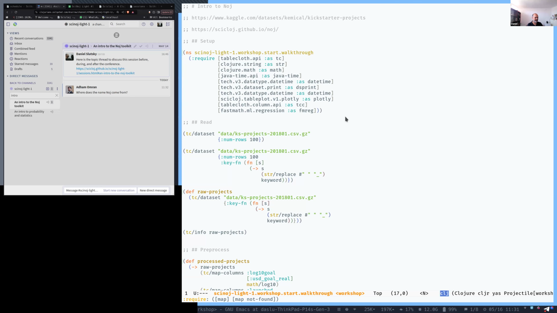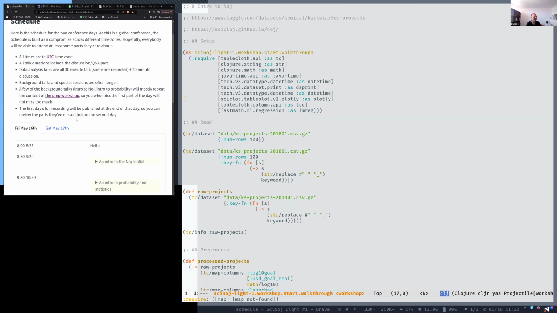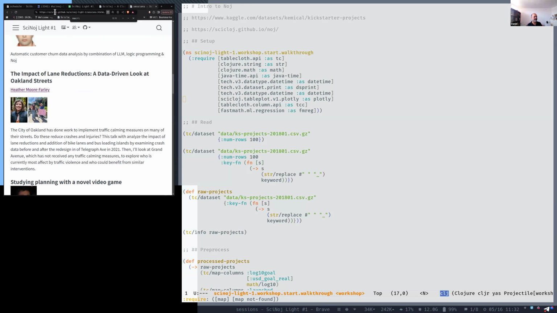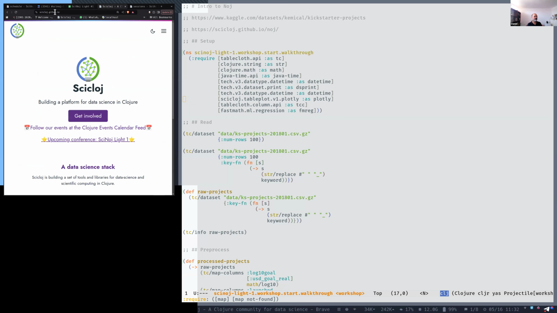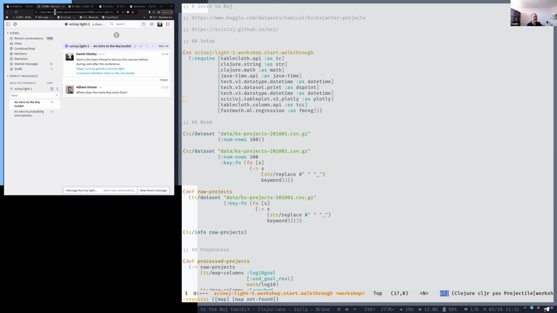SciNoj is a data science toolkit in Clojure. It is something that has been growing in the last couple of years, and it is collecting a few of the relevant Clojure libraries and tools and so on. Yeah, and thank you, Adham, for commenting on that. So